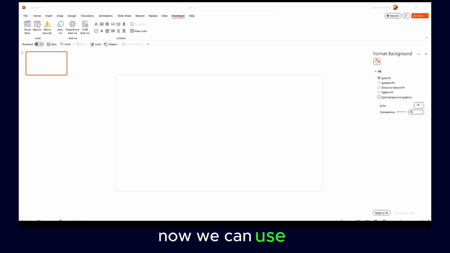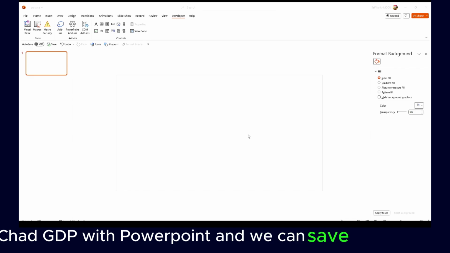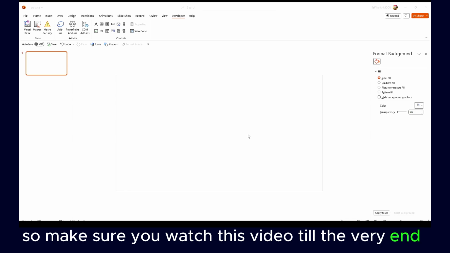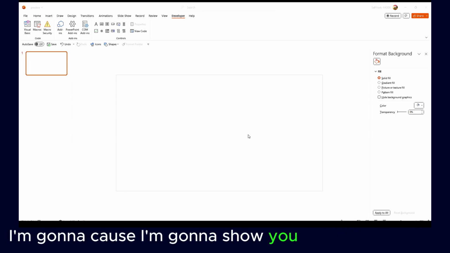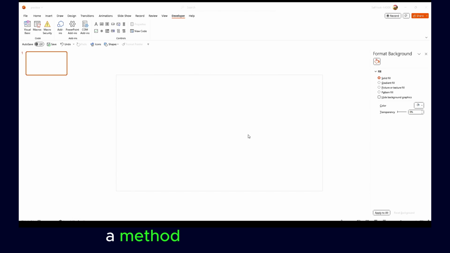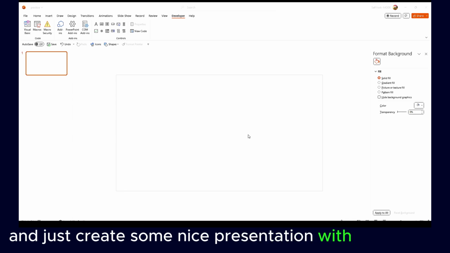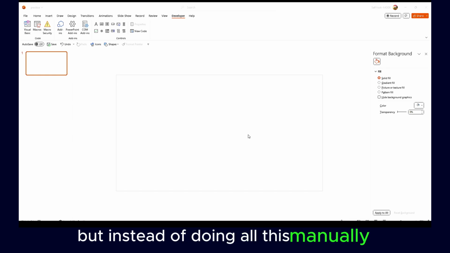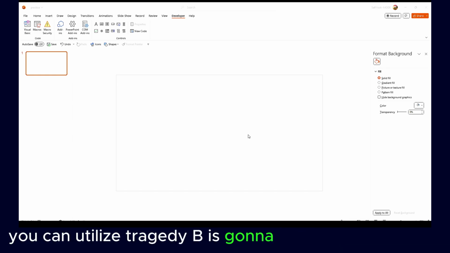Now we can use ChatGPT with PowerPoint and we can save a lot of time. So make sure you watch this video till the very end, because I'm gonna show you a really nice method to utilize ChatGPT to create slides and just create some nice presentations. Instead of doing all this manually, you can utilize ChatGPT and it's going to save you more time